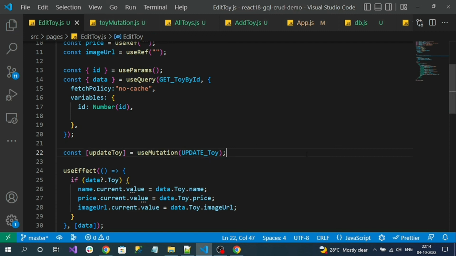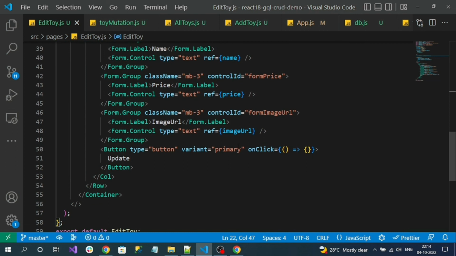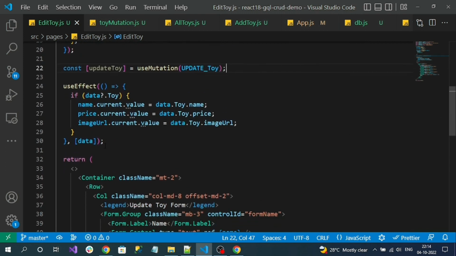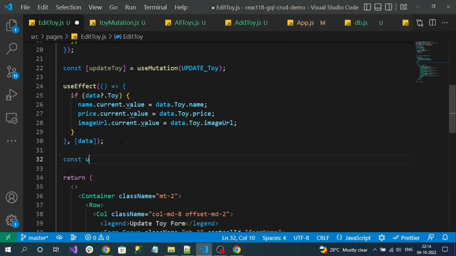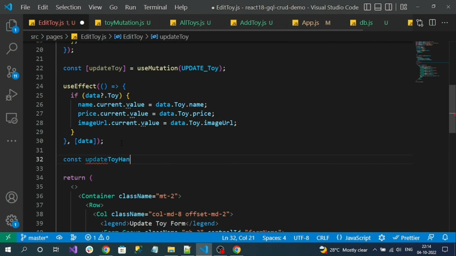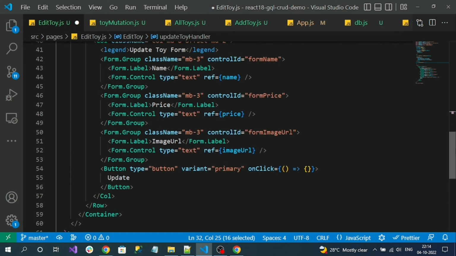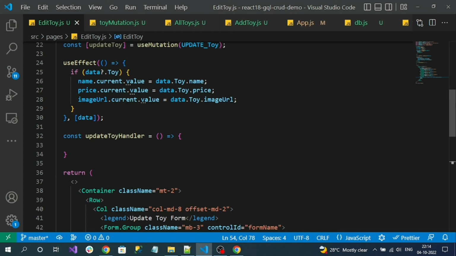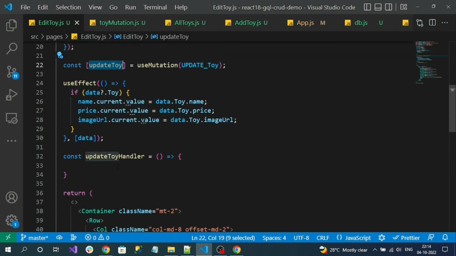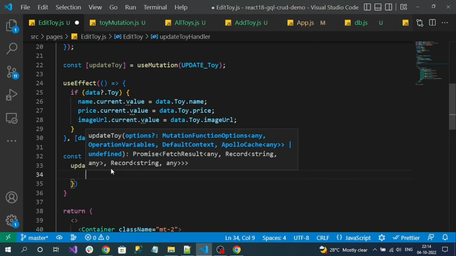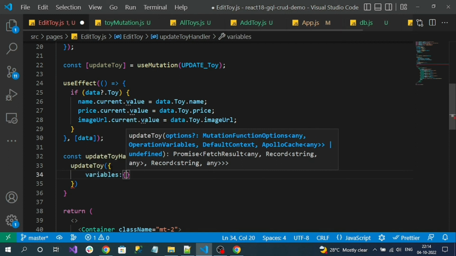Okay, and now I have to create a handler for my update button. So here let me create a handler. So const updateToyHandler. Okay, so this is the handler for my button click, so I can directly pass it. Okay, now here we have to add our logic for updating. So I can use the updateToy method here. Okay, so updateToy, to this updateToy we can pass variables, GraphQL variables. Okay,